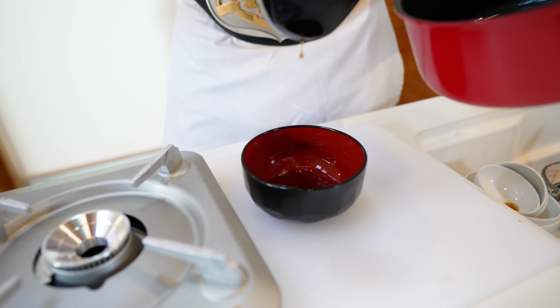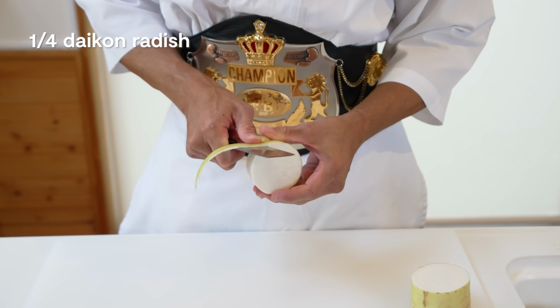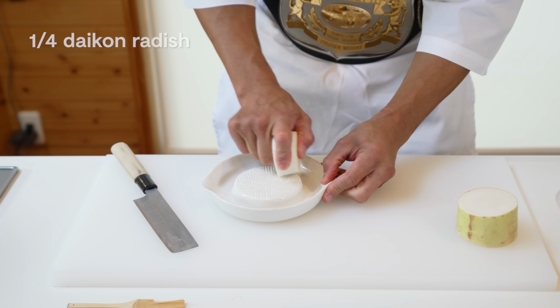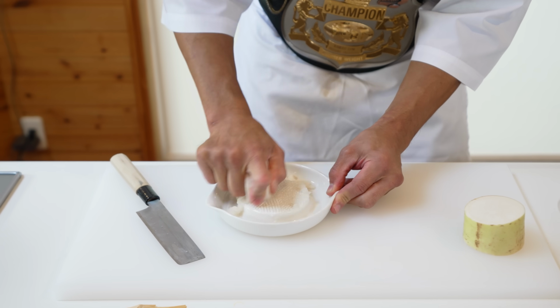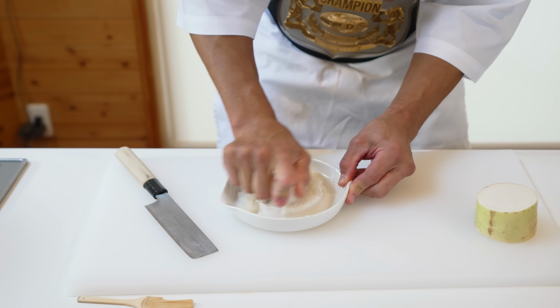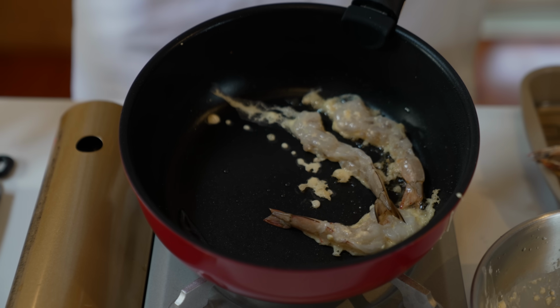The final step is we're going to take some Japanese radish or daikon. Remove the skin and then grate it down. We often serve this on the side of tempura, and you can add it to the ten-tsuyu we made before for extra flavor. Now that's all prepared. It's time for...